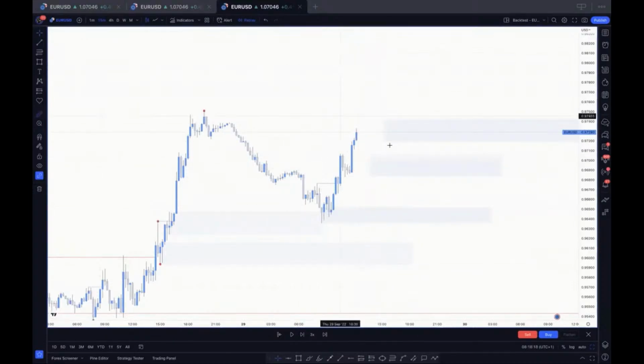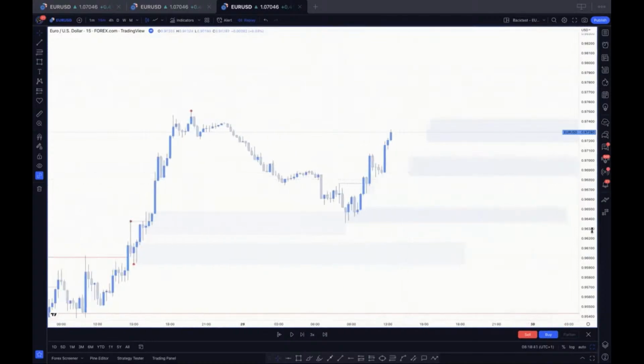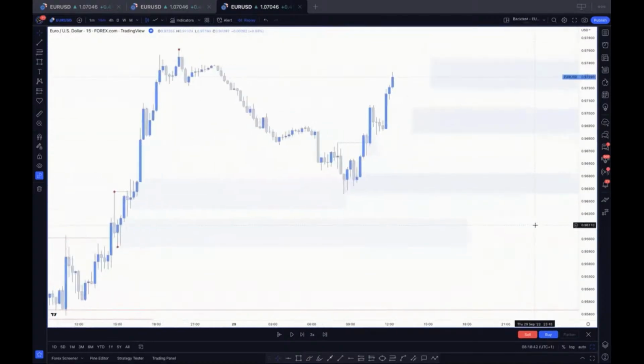Now, if I take my measure tool, I also measure this. You can see that this is up to 23 pips. That's internal structure, but of course, it's not the swing structure. So we can just take this here. This pullback here reacted to this zone, right? So you can see that it's quite small, but basically this is how you painstakingly draw out